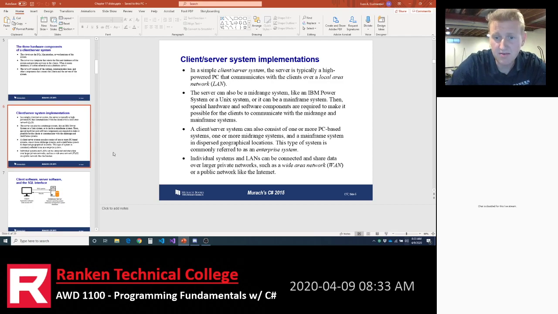And then the LAN, the big difference for the network, you've heard of local area network. That's like at your home. All the devices that are connected into your router at your home is considered your LAN. But then if you start expanding that, maybe all of the homes in your neighborhood would be considered a wide area network.